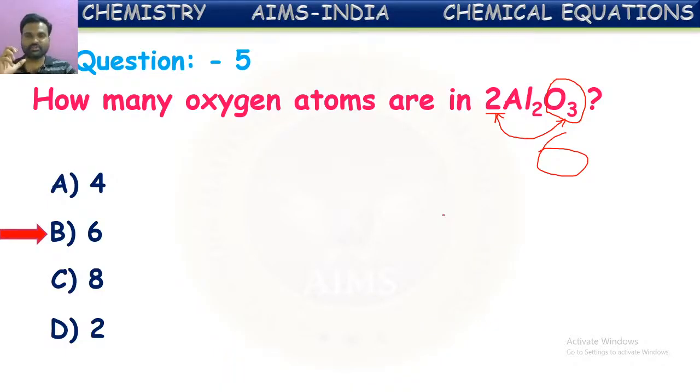What is a balanced equation? We told that it is the equation in which the number of atoms of all the elements is the same on both sides. If it is not balanced, then that is called an unbalanced chemical equation. How to balance unbalanced equations we have also seen. First, write the unbalanced equation. First, we have to try to balance the atoms of heavier elements like metals, other than hydrogens and oxygens. How to balance these? By keeping simple numerals in front of them as coefficients. That can be done by the hit and trial method.